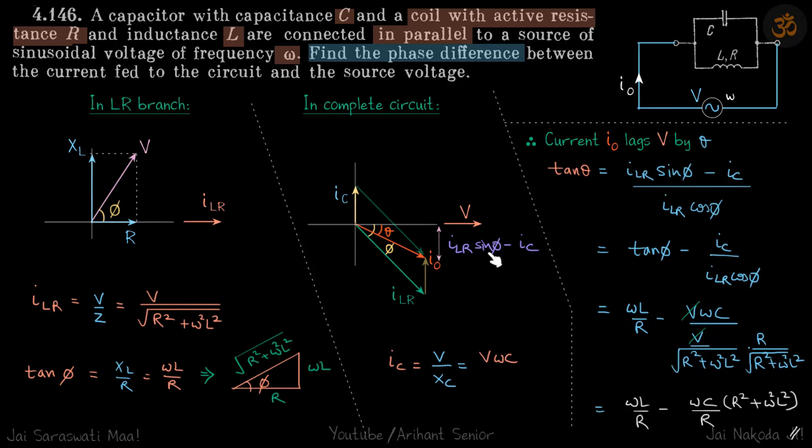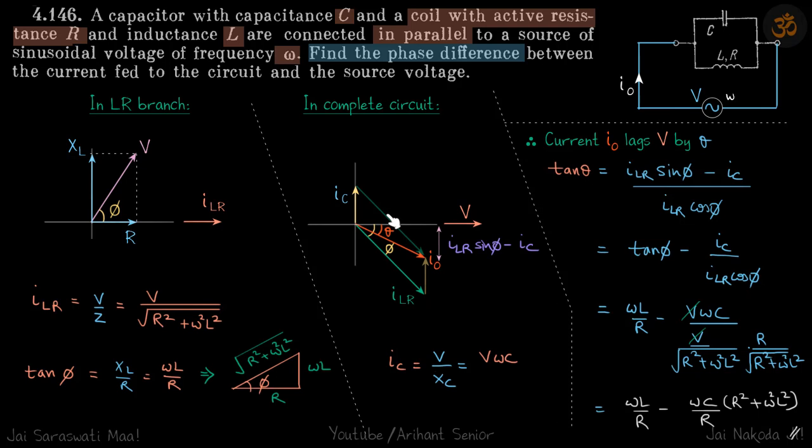So ILR sin phi minus IC divided by the horizontal distance, that is ILR cos phi. From here this becomes tan phi minus IC by ILR cos phi. If you put the values of tan phi and cos phi from here and simplify, you are going to get this. So the phase difference is going to be this,